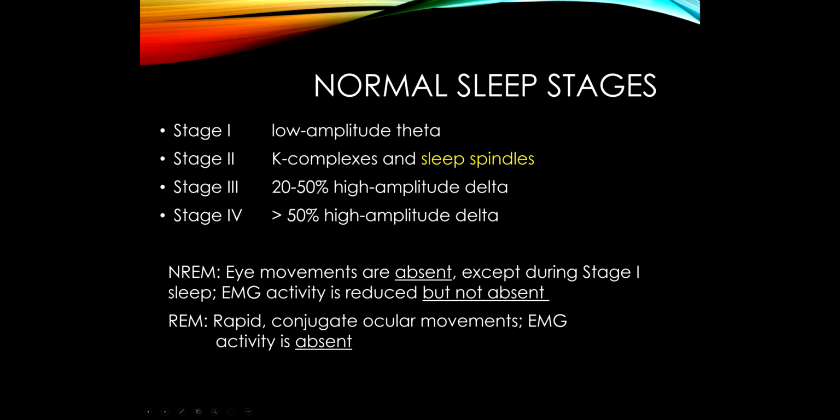All right, so during sleep, we go through 4 stages. The initial, when you first fall asleep, you go into stage 1 sleep. So remember, that goes from alpha to a theta rhythm. Stage 2 sleep is really important. About half of sleep is stage 2. And during stage 2, we get 2 distinctive brainwave patterns that we see on the EEG.